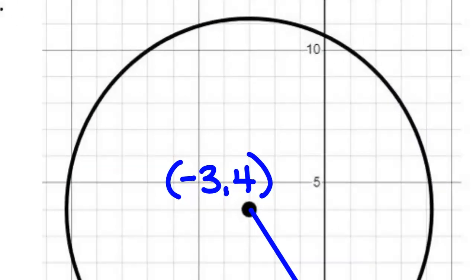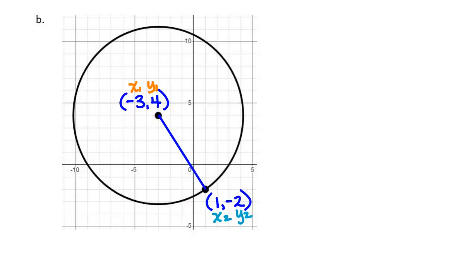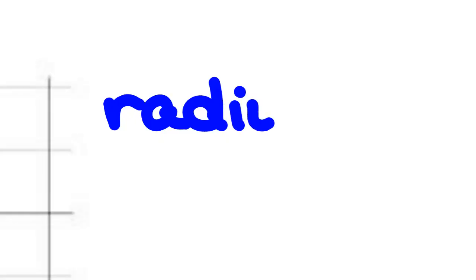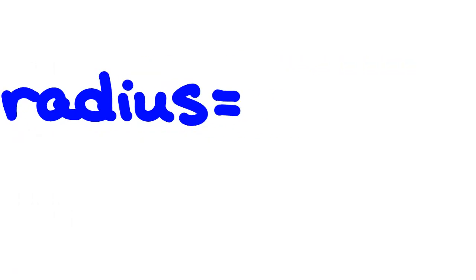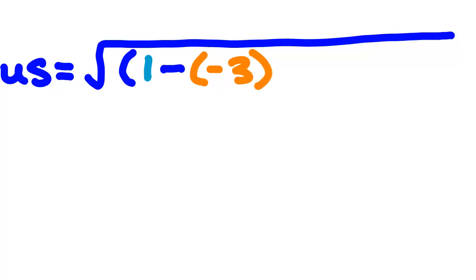Let's let -3, 4 be our x1, y1. And let's let 1, -2 be the x2, y2. If you did it the other way around, you should still end up with the exact same answer as me at the end. So then our radius is equal to, we need a big long square root. We do x2, which is 1, minus x1, which is -3. Close my parentheses and square that,